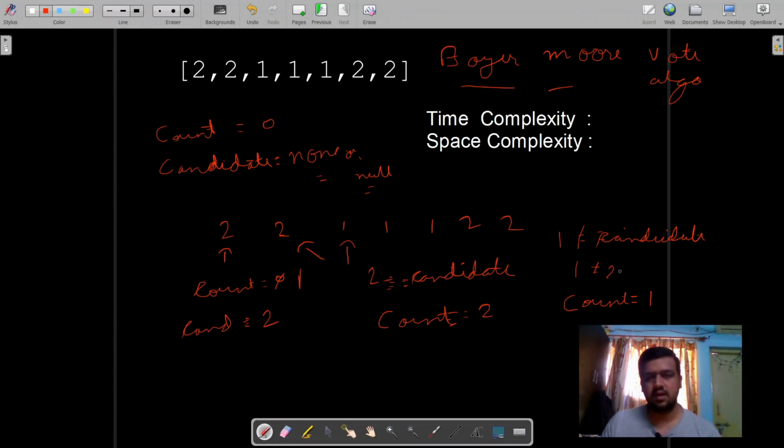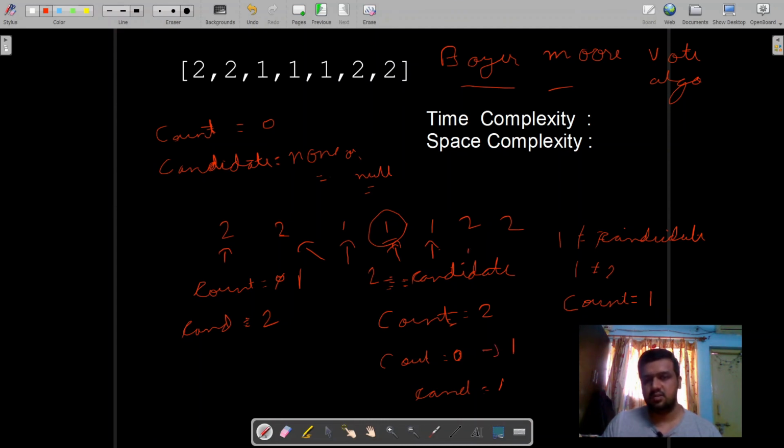So this may sound weird, but when we code this particular thing, you will get to know why I have done this. At this particular moment, when we process this value, the count becomes 0. And now when we process this item, I get count is 0, so I will reassign the candidate as 1, and the count will be initialized to 1.